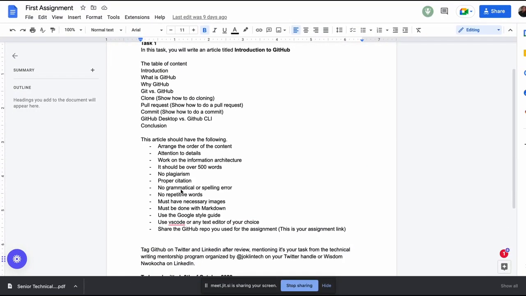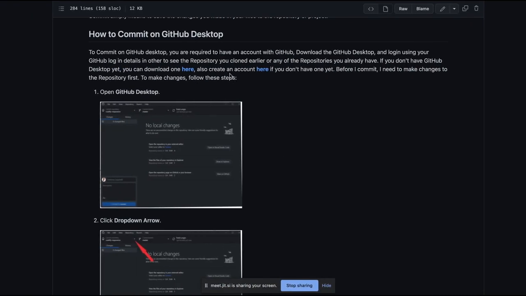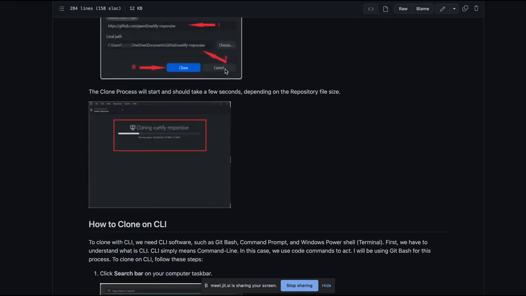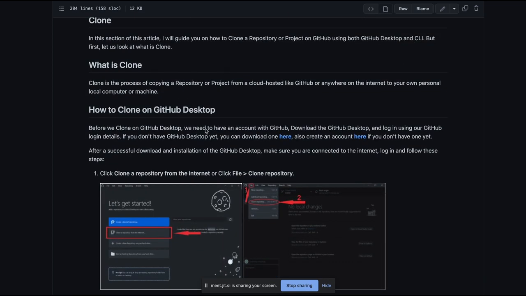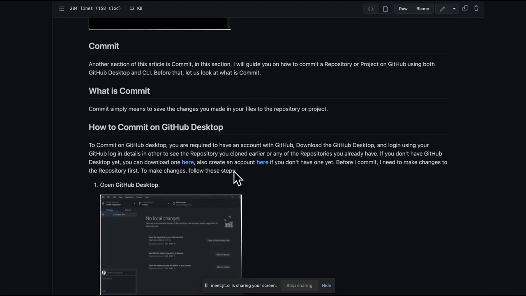Where is it? No repetitive words. Probably I will say sentence. Now, I saw this above somewhere here. Yeah. So what you need to do is, if you explain it here, your readers are not too dumb. You understand? And this might make it look boring. So what you have to do is take this side off and restructure it and don't add the download and whatever. I guess just the commit to GitHub Desktop and I will use both of these to be fine.